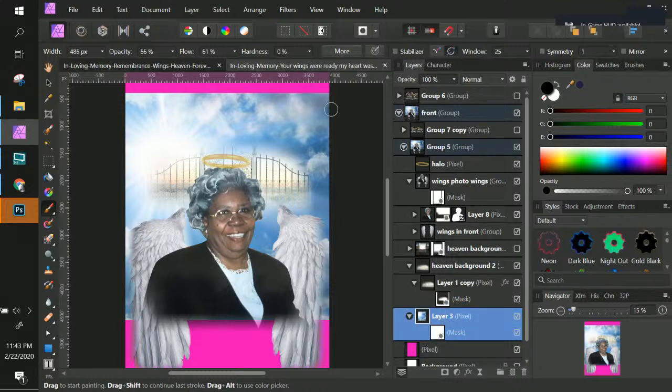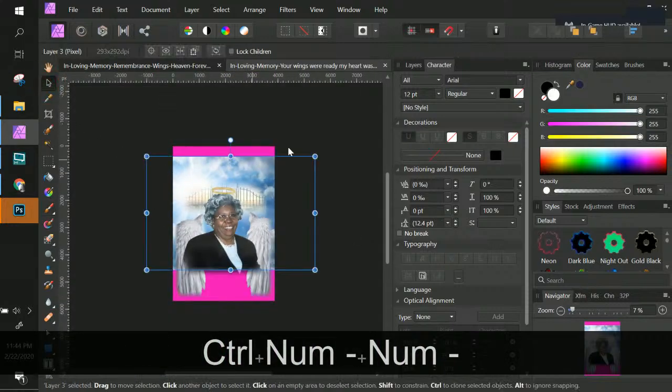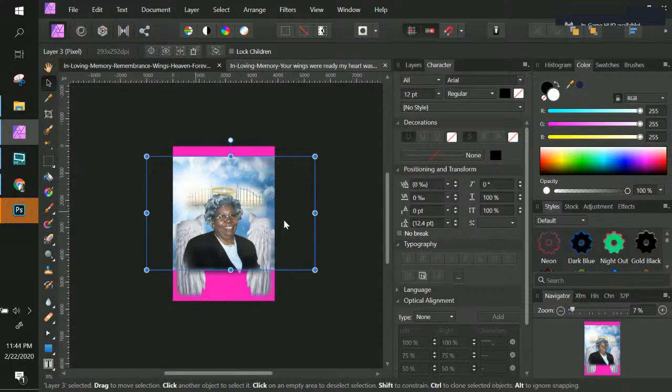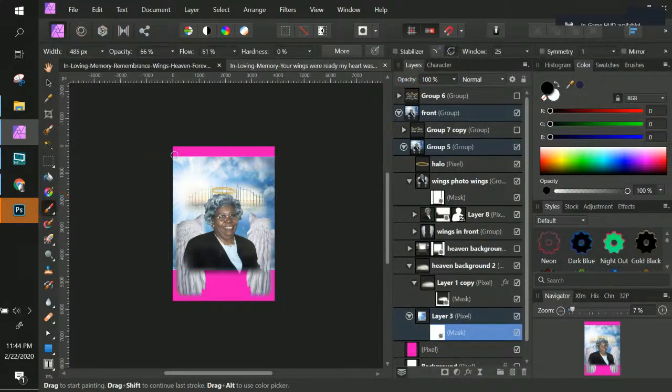Now the other thing is, the reason why I don't like to play with this mask too much: if I resize it with the mask on it and I still have some extra image on this outside edge, if I ever go to shrink my background clouds, and let me show you that. You see how it's extended all the way out here? Basically I end up in trouble if I